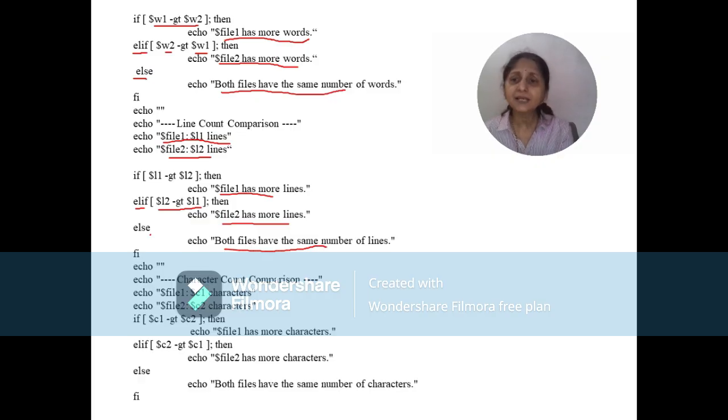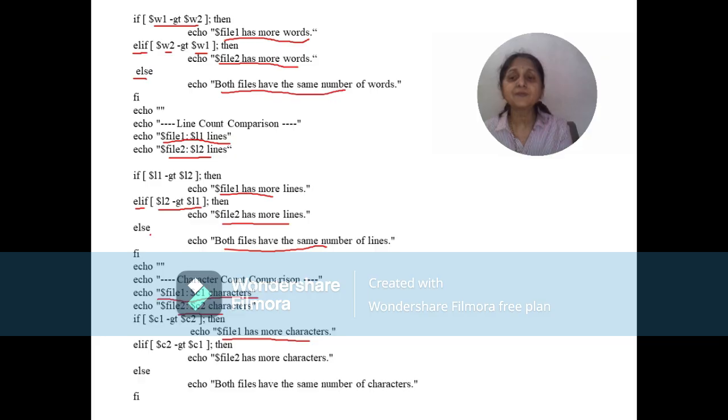Next, we want to compare the characters. So before comparison, let's display the number of characters. So we say echo, file 1 has C1 characters, file 2 has C2 characters. Let's compare. How do we compare it? We compare it by the if condition. So if C1 is greater than C2, and the condition is true, we say file 1 has more characters.